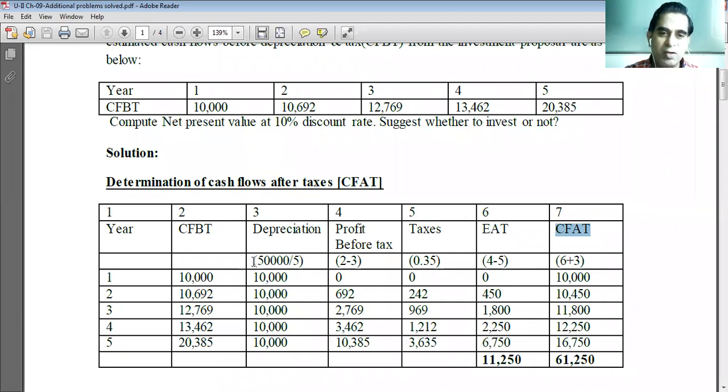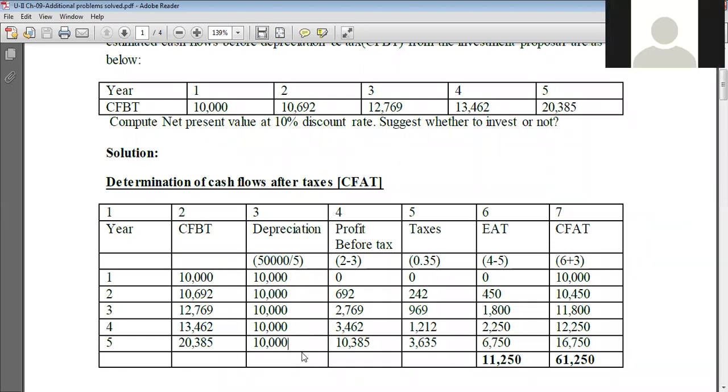So yesterday I explained to you the method of depreciation. It is straight line depreciation. The rate of depreciation is not given in the problem, but still you can find out the amount of depreciation by simply dividing the cost of machine by its lifetime. So cost of machine 50,000 rupees, life of the machine 5 years. So 50,000 divided by 5 is equal to 10,000 each year is the amount of depreciation on straight line method basis. If you convert it, it will be a 20% rate of depreciation.